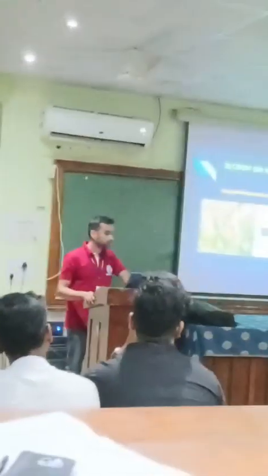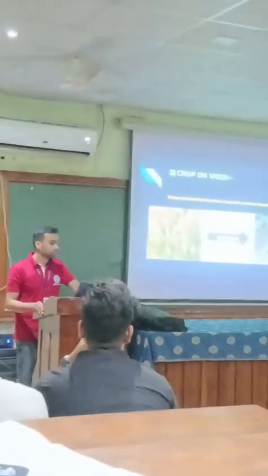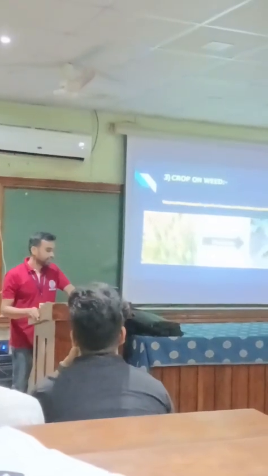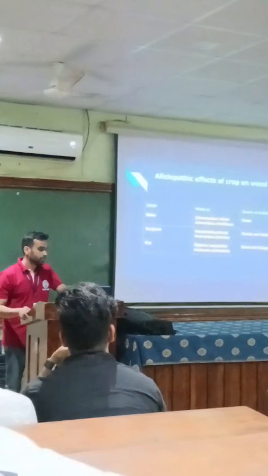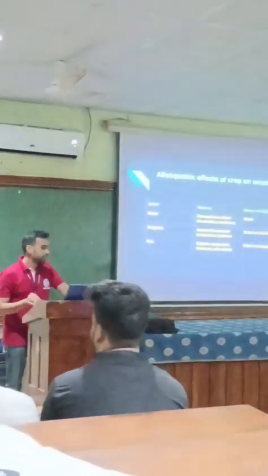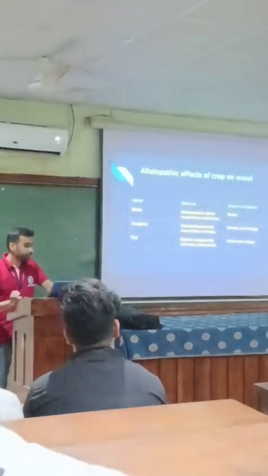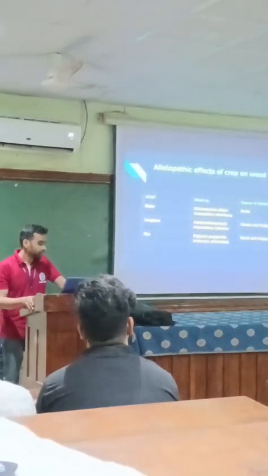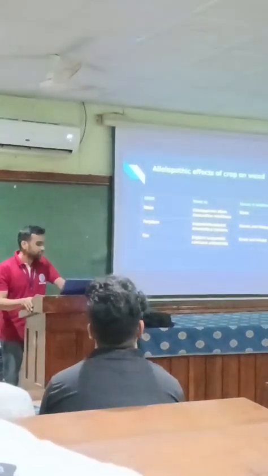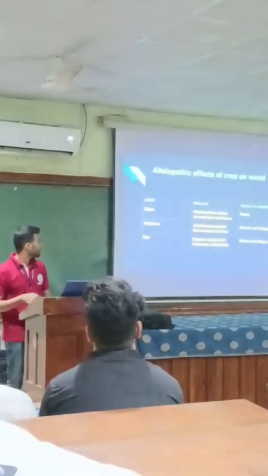And this is the crop and weed interaction: oat suppresses the growth of Chenopodium album, which is a weed, and here you can see the picture. And some crops like maize secrete inhibitors, allelopathic chemicals, from their roots, and it affects the growth of Chenopodium album and other weeds. And so many other crops are present, and it also affects the growth of